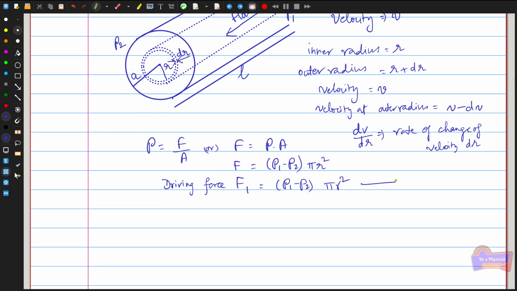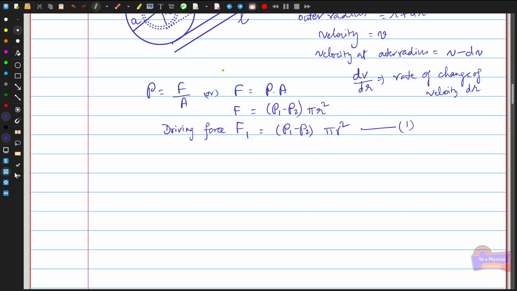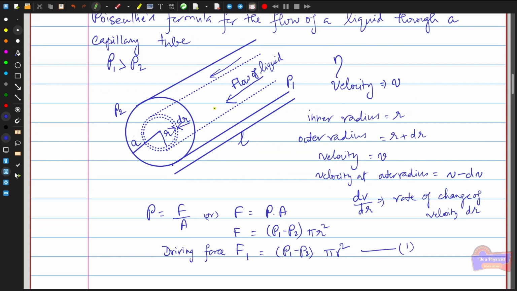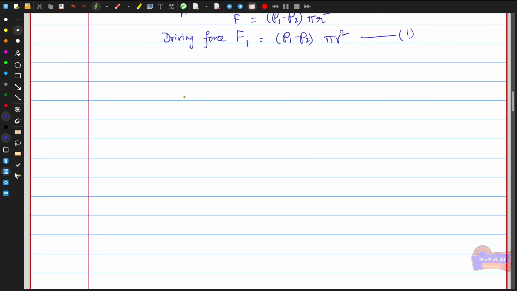So this is the driving force. Once the fluid is flowing in this direction, there is a backward resistive force opposing the fluid flow, which depends upon the viscosity of the fluid. So I can write the backward dragging force, which can be written as F2, which is equal to